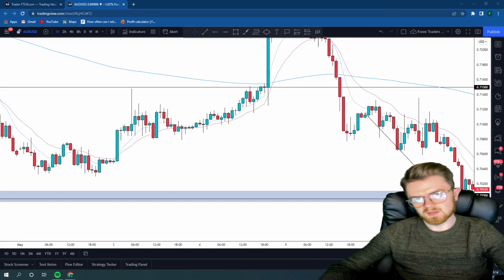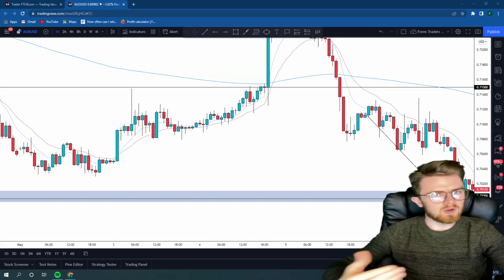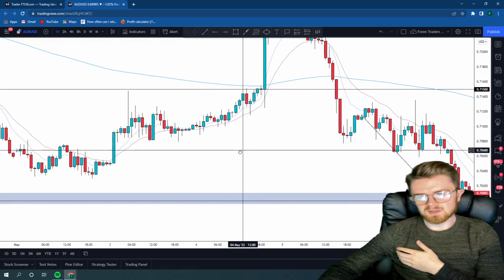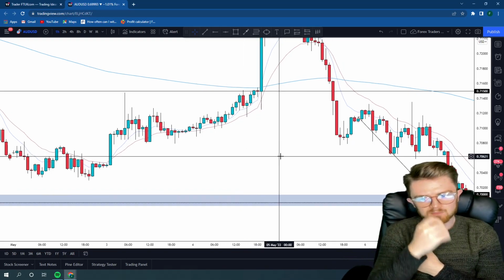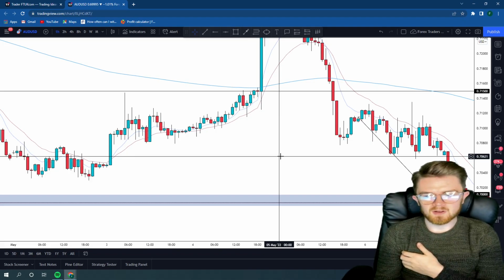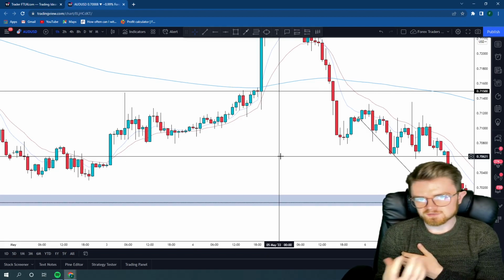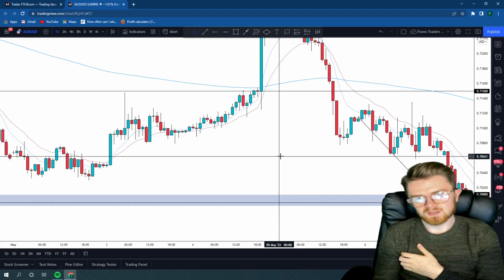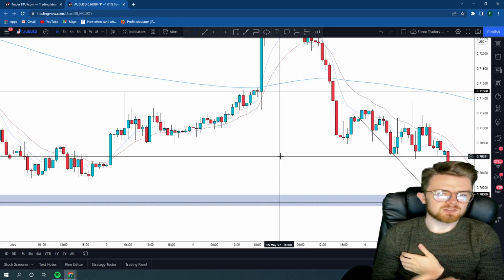The reasons why you should be entering at that point, reasons for why you are targeting a certain destination or key level on the chart, and then where you're going to be placing your stop loss. So these confluences, we do need to build up as many as we can. These confluences can range from key levels, Fibonacci, moving averages, trend lines, head and shoulders patterns. There's many different variations of reasons as to why you think a trade is going to go in a certain direction or to a certain